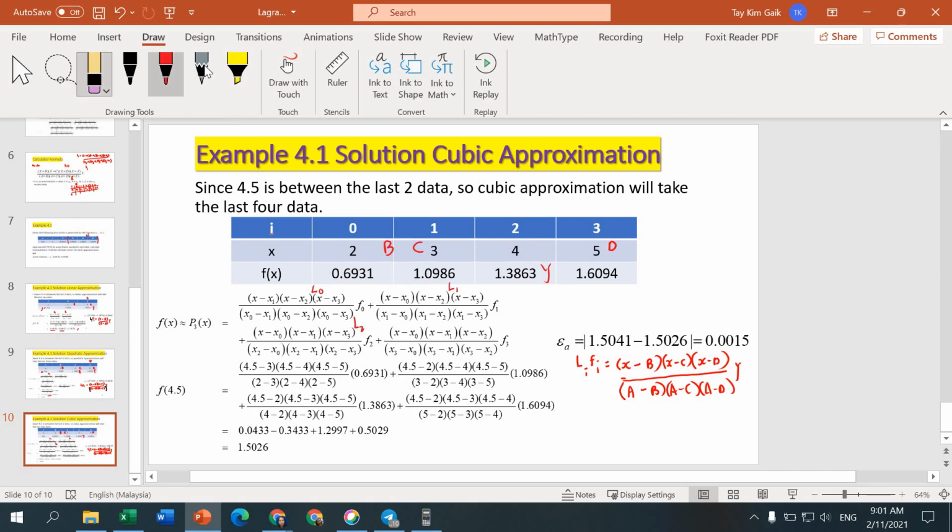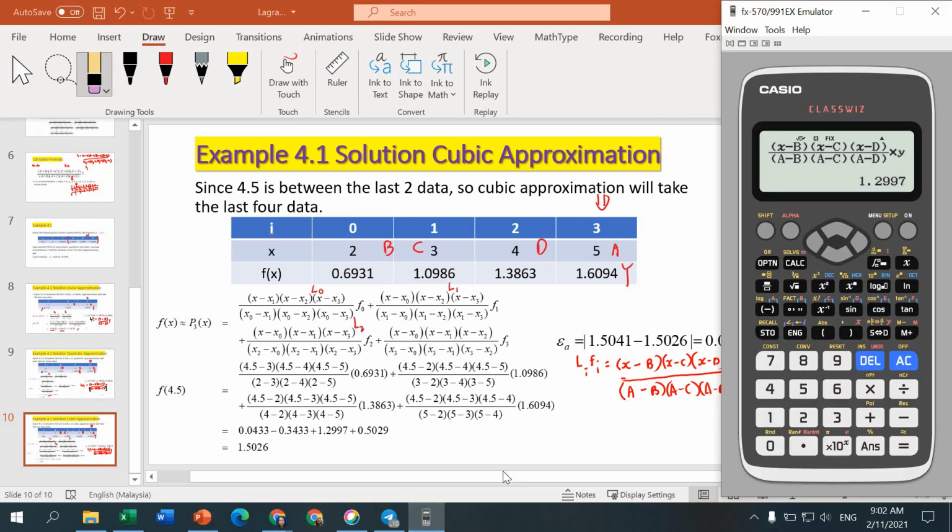We're moving to the fourth column. So A here, Y will be here. B and C are maintained. So this will be D. In the last result, A is here. So B, C, D. You calculate: X 4.5, press down, B 2, C 3, go down, D becomes 4, equal, A becomes 5, equal, Y becomes 1.6094, equal,